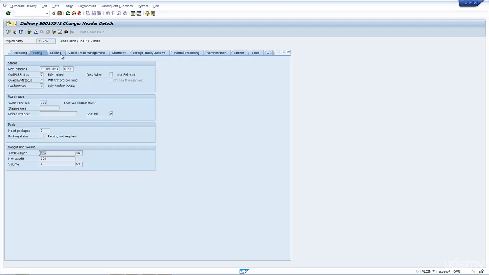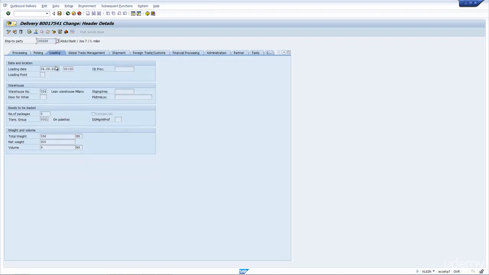So this means you can only have one warehouse on the header level. Loading is about the same. You have the loading date, number of packages, and the transport group if you have it. And if we now go to shipment,